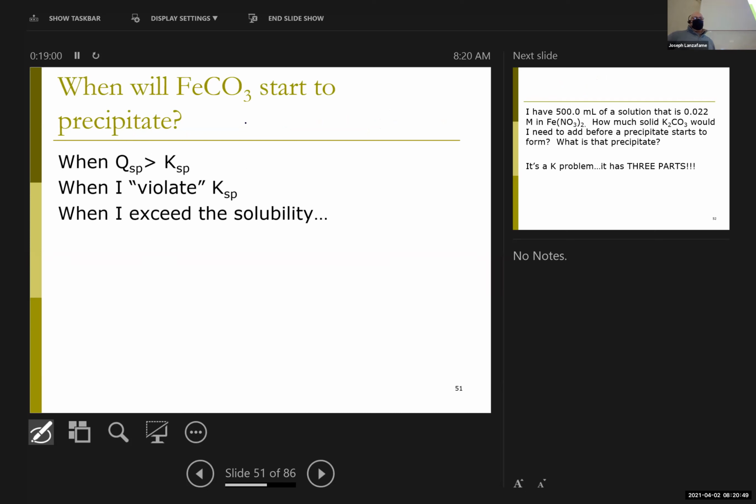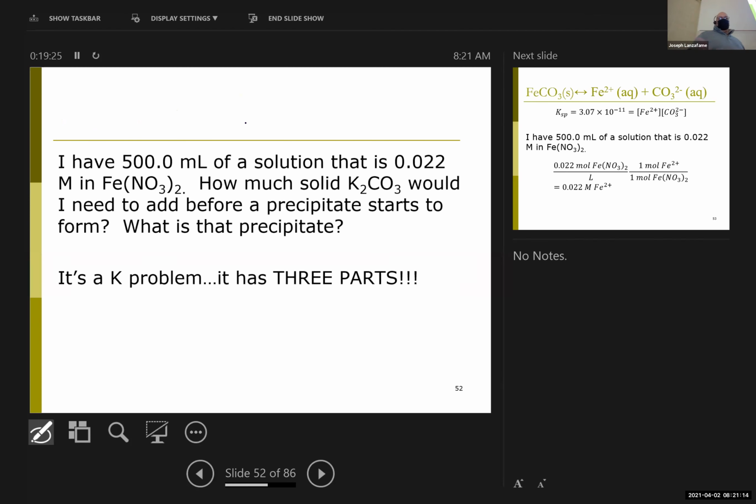If I'm below the Ksp, nothing happens, right? I only start to get precipitation if I exceed the Ksp. And so that Q value tells me where I am. I really need Q to get up to K before I even have to start worrying about the solubility, right? In this case, since it's essentially a titration, I can add as much of the potassium carbonate as I want to make the precipitation happen. Or if you want to think in terms of the equilibrium, I can add as much potassium carbonate as I have to make the Ksp reaction relevant,